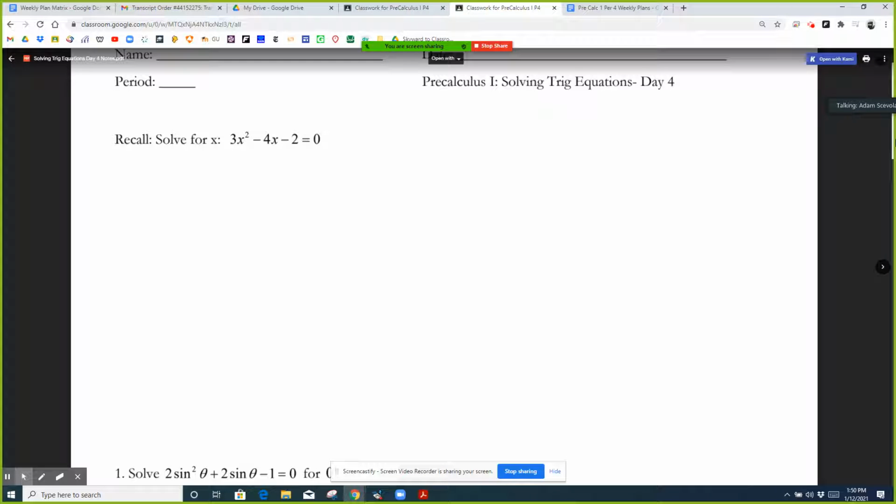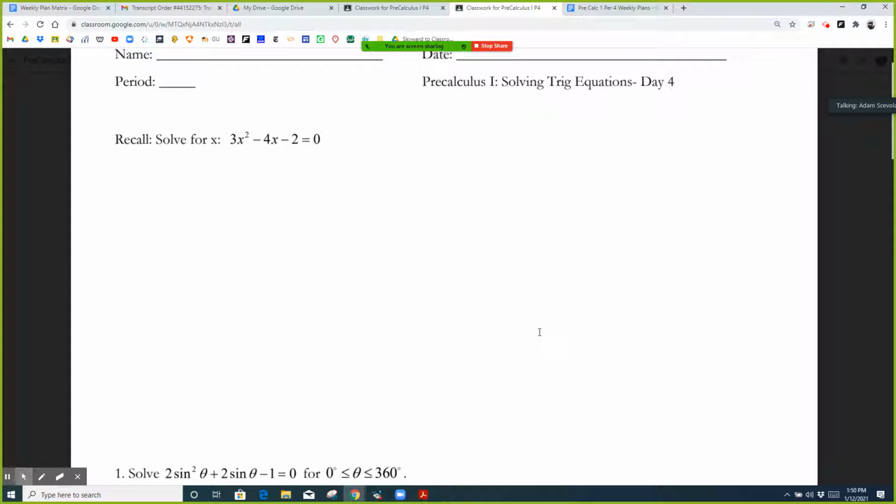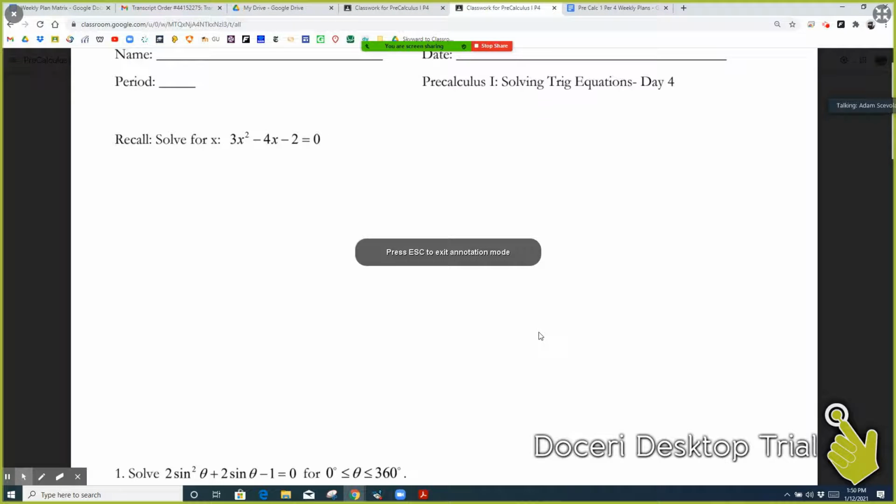All right, so in this video, we're going to continue with solving trig equations. So we've talked about it before. Our goal is to isolate the trig function and then do inverse operations to figure out which angles satisfy the original equation. All right, now we're going to build on that, but now we're going to have some quadratic trig